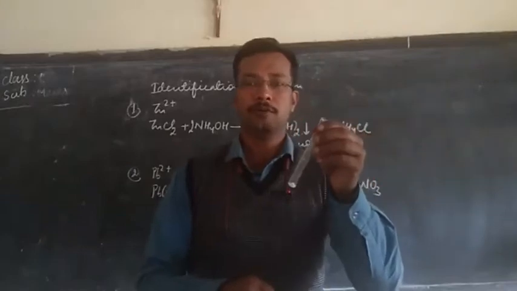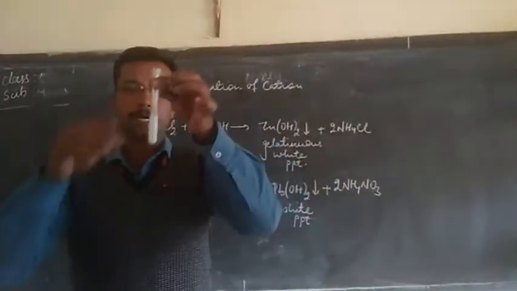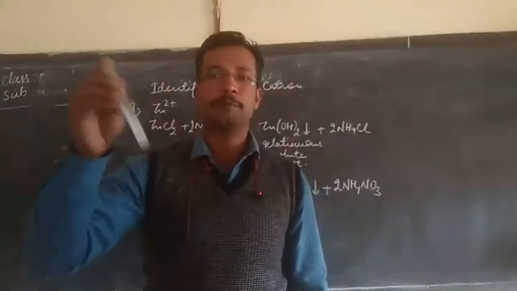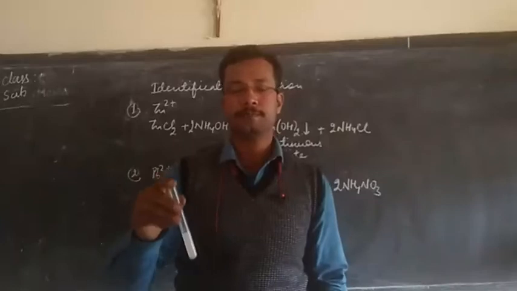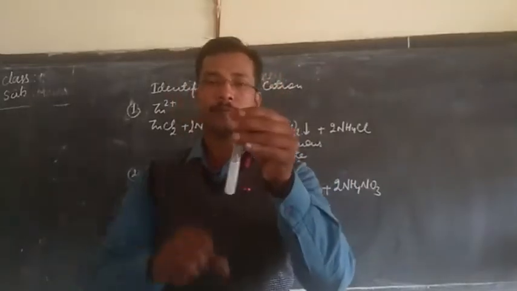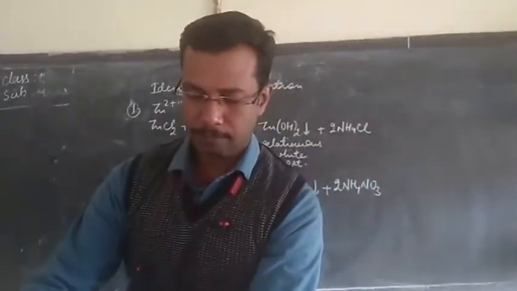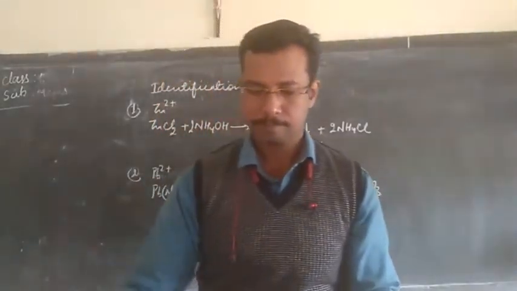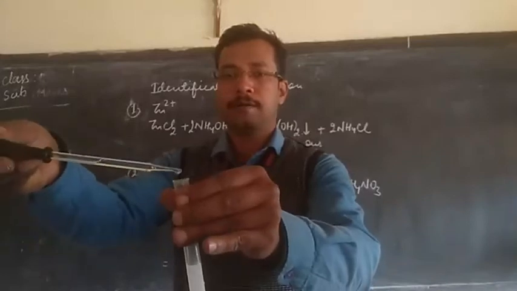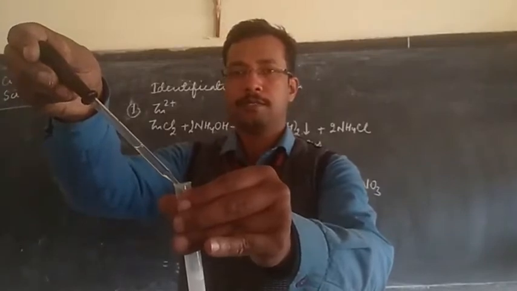So I am going to add water to it now. As you can see, I have added water to it, and we have to shake it well to prepare a solution of lead nitrate. Now since it has dissolved well, I will be adding ammonium hydroxide to this solution to see what result we will get. You can see this is ammonium hydroxide. I have added small drops of ammonium hydroxide.